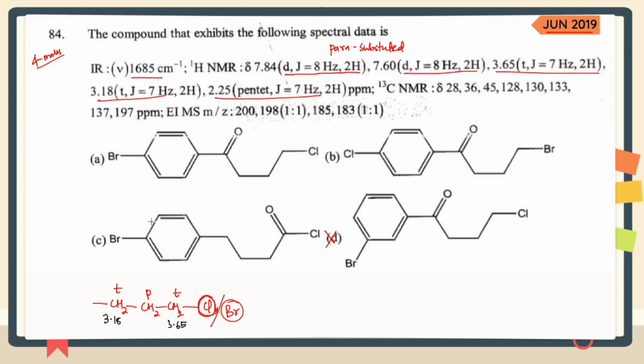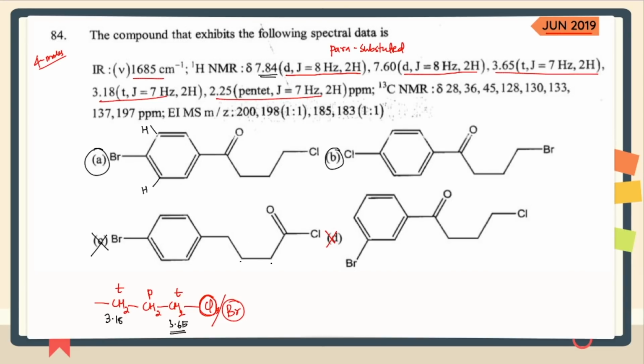Now if you see the questions, the only thing which you can have, with this you can cancel out your option number C, because in option number C, CH2, CH2, CH2 is there, but it's not directly attached to some electronegative group. So you can just cancel out that. Now you are only left with option number A and option number B. Now the chemical shift values are going to help you to analyze this. The only thing which will help you is the chemical shift. The chemical shift over here with CH2 triplet is 3.65.